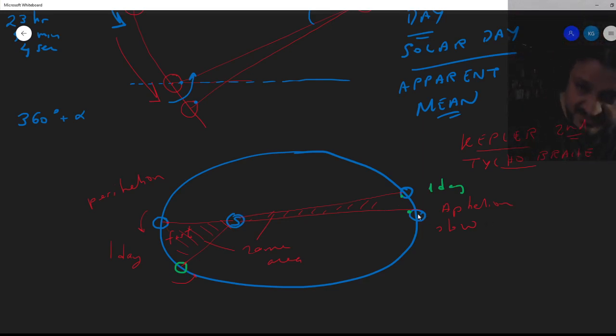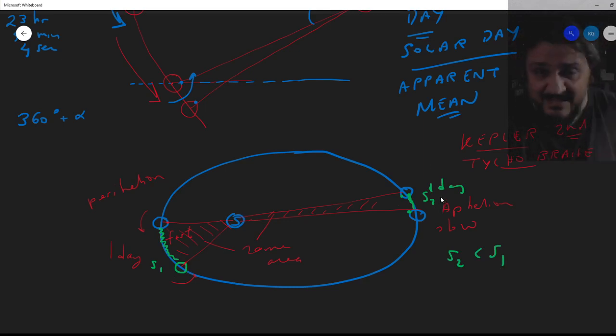Since this distance here, the distance that the Earth travels along the orbit, the arc, is shorter than the other one. Let's call this S2, compared to that distance, which is S1. S2 is shorter than S1, which means that